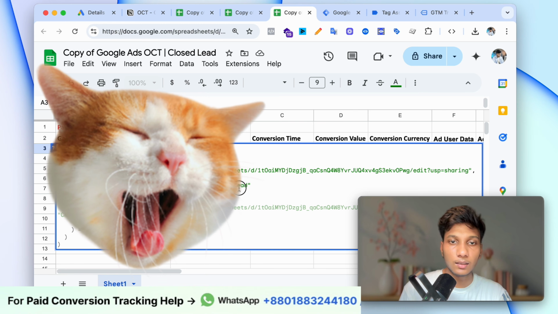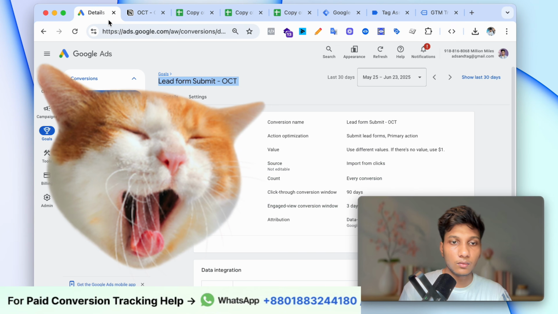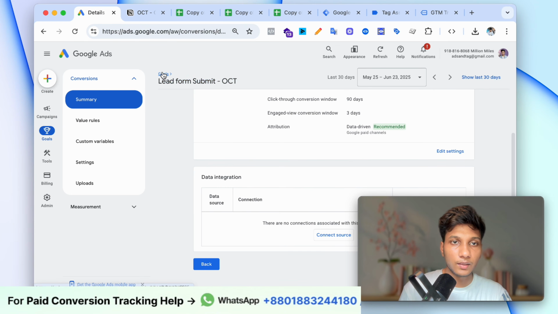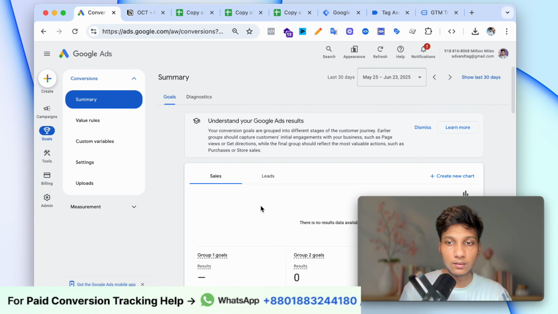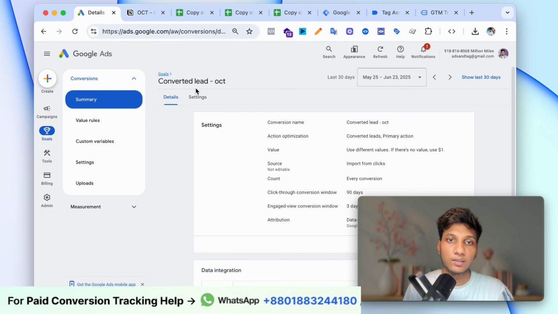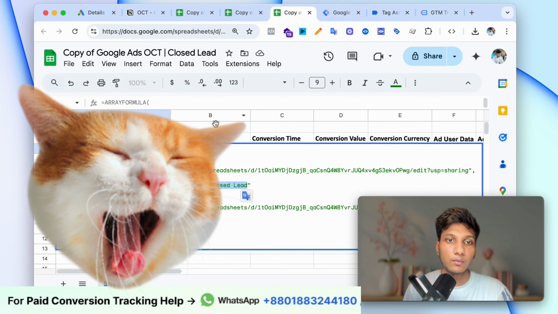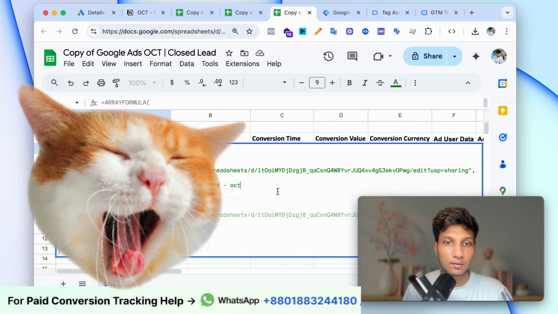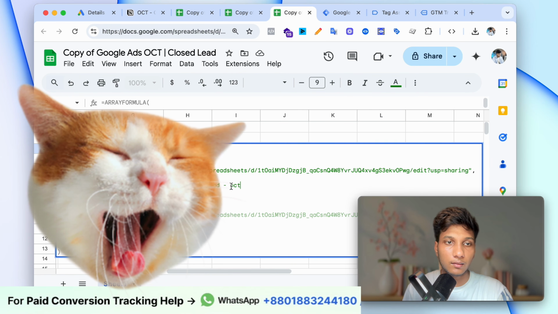And if I go to Google Ads, here you can see our converted lead is converted lead OCT. So I want to change this name with this name. That's why we have to paste this name in here. So if I now click in here,